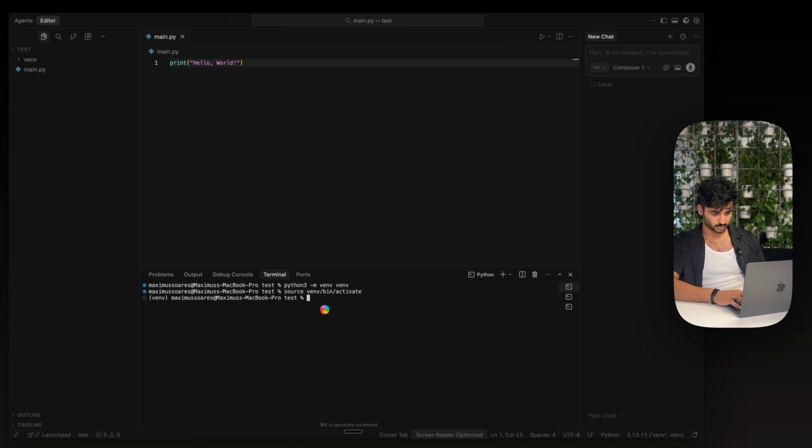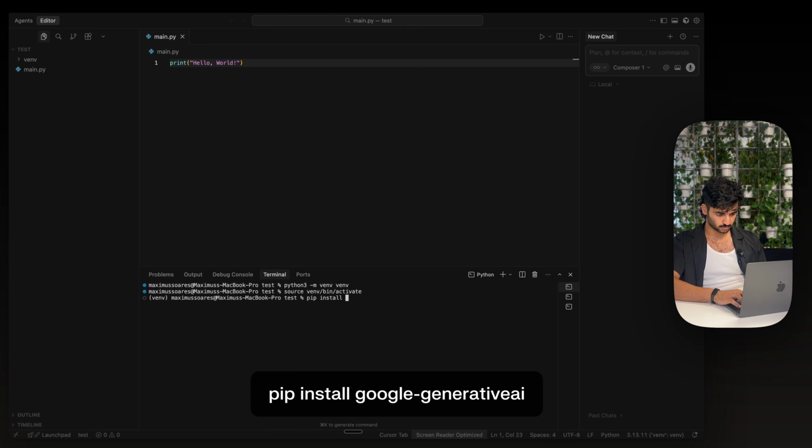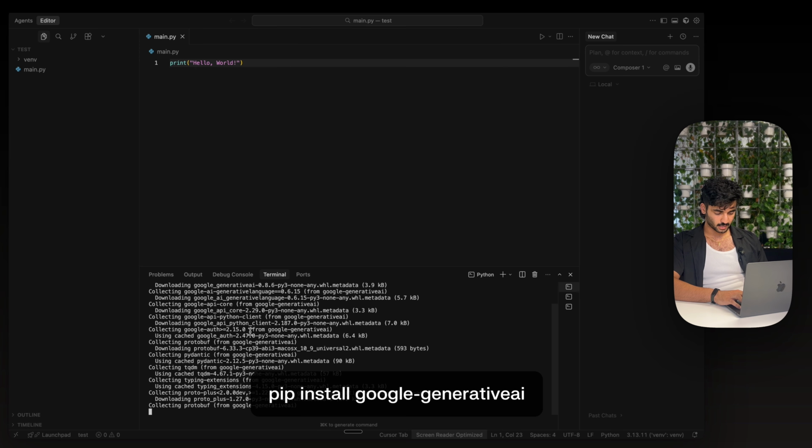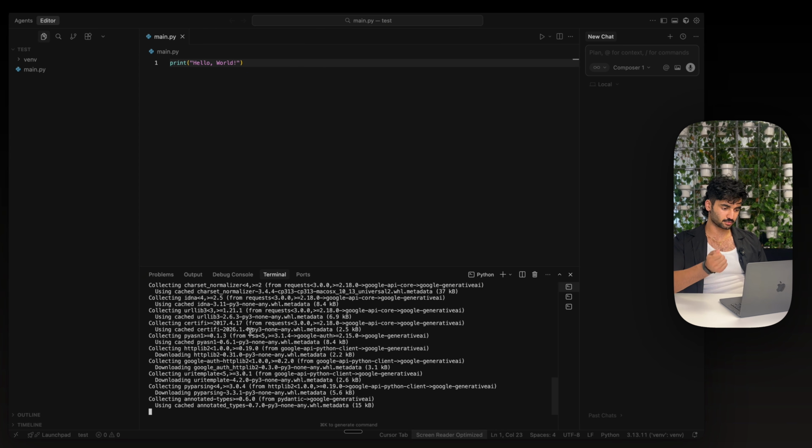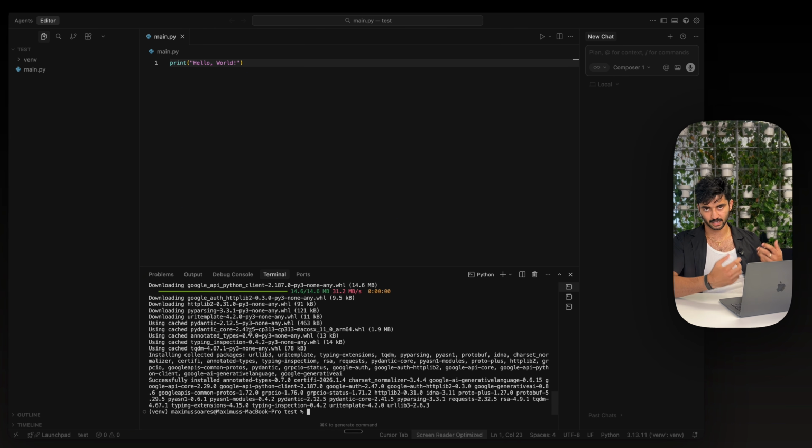Before, obviously, pip install didn't work. So now I can actually go back to the terminal here and type in pip install google-generative-ai, hit enter, and you can see that the command is actually running now. So everything is working, and I can go about continuing on with the project that I was doing before,